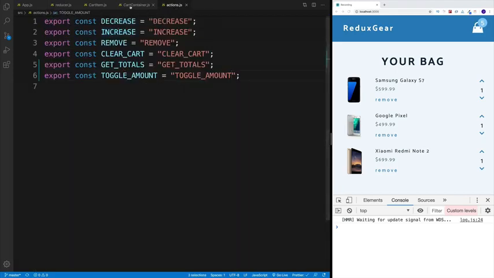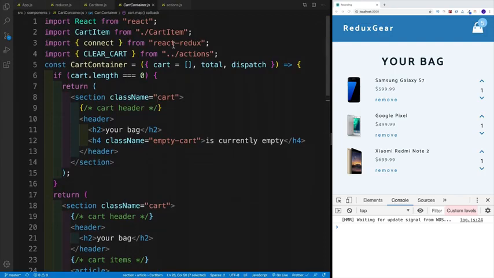Now, we need to set up a cart container where we import our get totals action. And you'll see in a second why. So we're going to go with get totals. And now let's think about it. So when would we want to dispatch get totals? I think an awesome time would be each and every time something will be updated in our cart container. Because every time we update something in our cart, for example, remove the item or increase the amount,